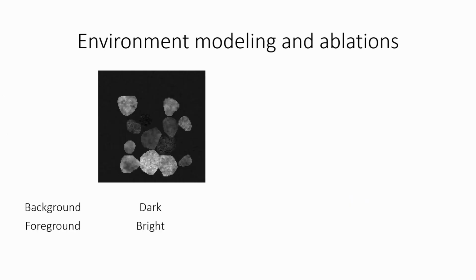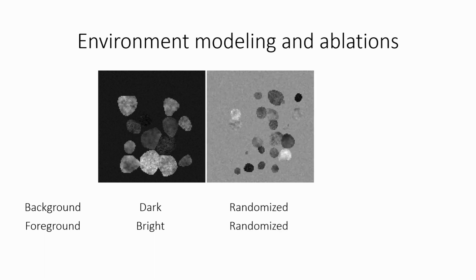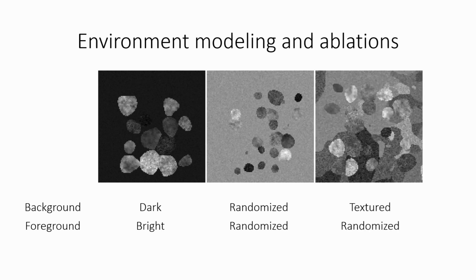For the image backgrounds, they can often be darker than the image foregrounds, as in various forms of fluorescence microscopy. In other applications, the foregrounds and backgrounds can have highly nonlinear relationships between them. And often, the foreground star-convex instances are embedded in very complicated environments with all sorts of textures with variable shapes. For this, we use another procedural renderer for the background that is detailed in the paper.